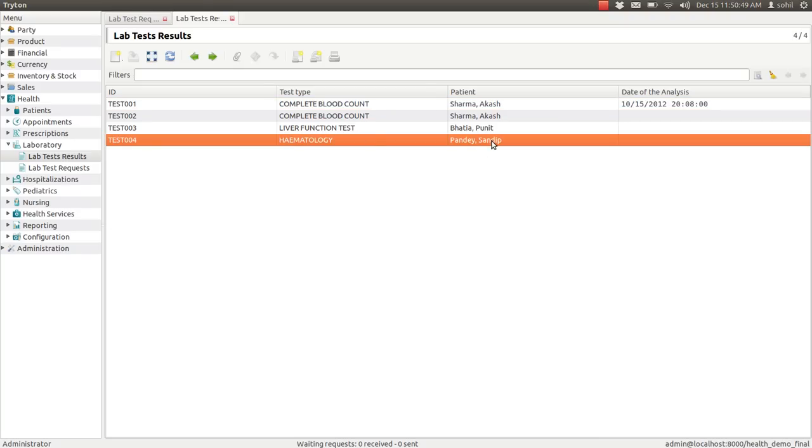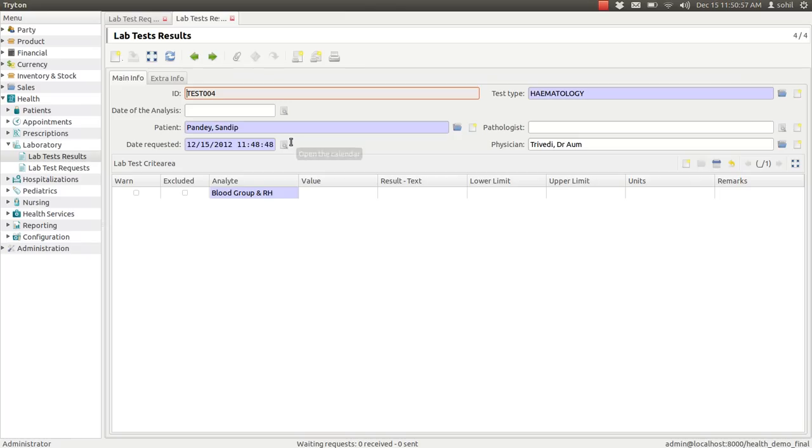See the patient's name, the date, and the ID of the test. This is coming as per whatever details you have entered in the lab test request.